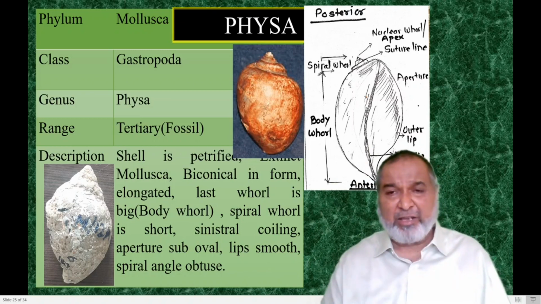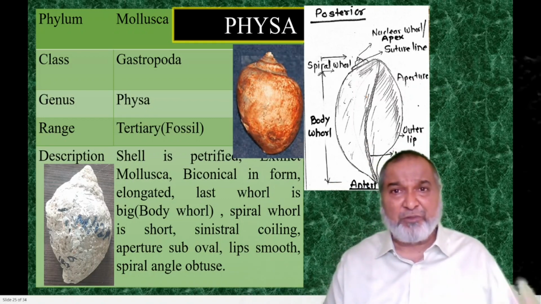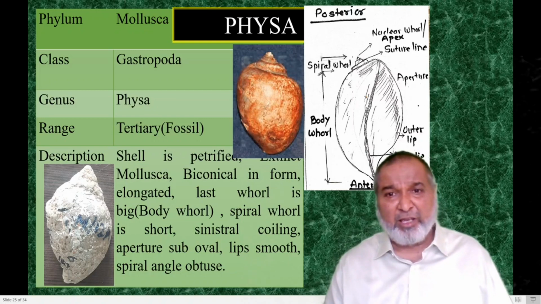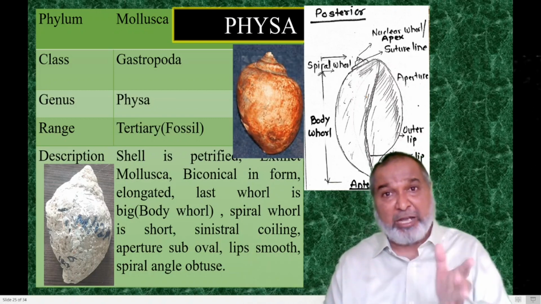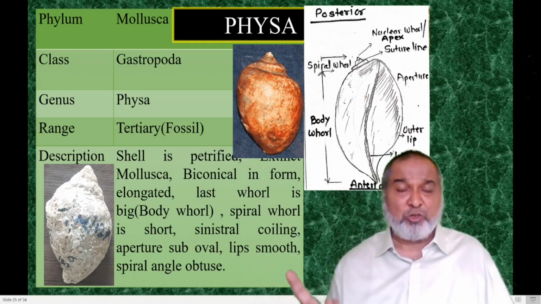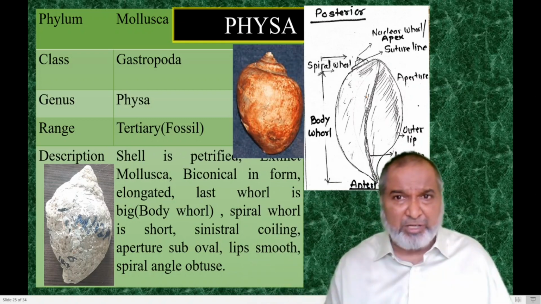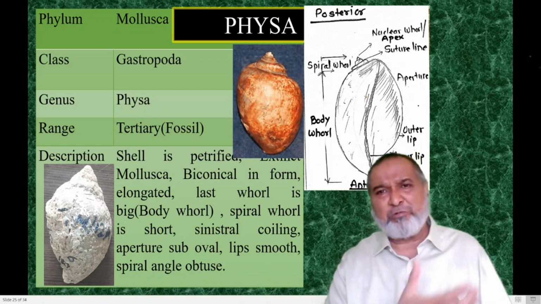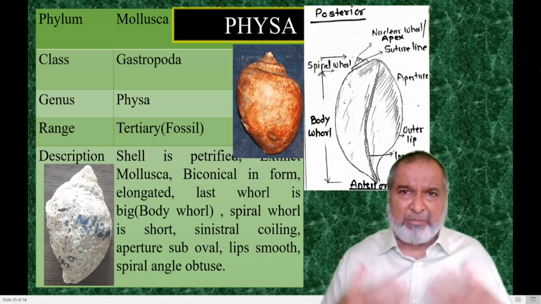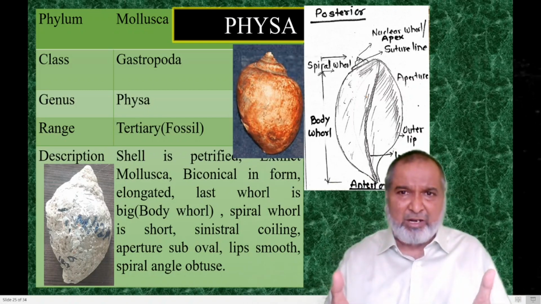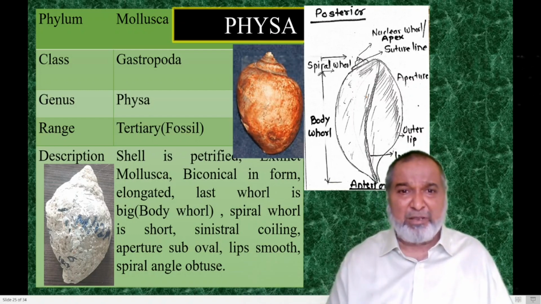In the theory video, you will see the various forms of gastropods. That will be a separate question for 8 marks: forms of gastropods. There are a number of forms. You have to write down the forms and draw the diagrams. Just label them, no need to describe. The examiner will understand that once you have drawn the diagram, you understood what you have drawn. This is the way the labeling is done.